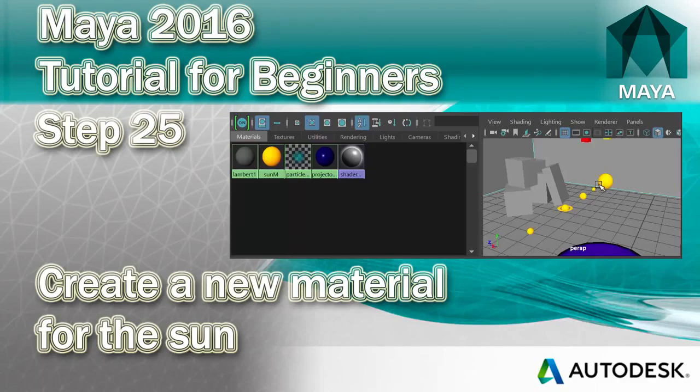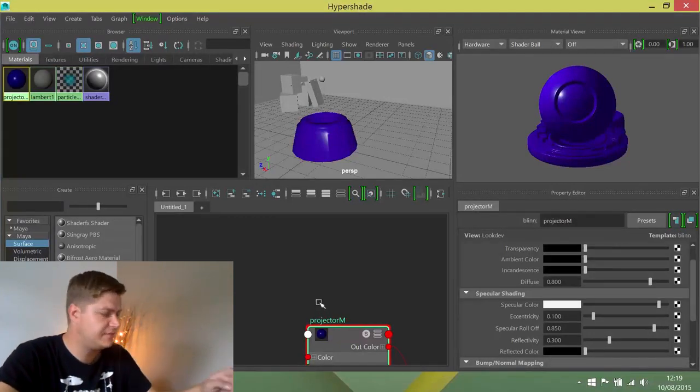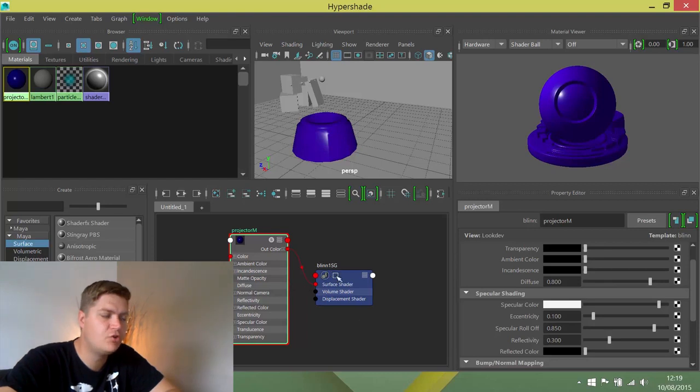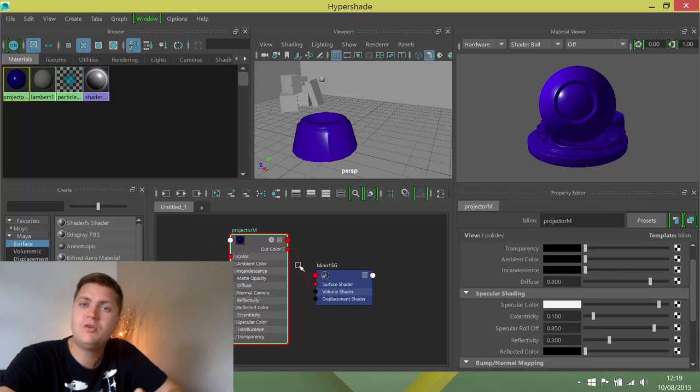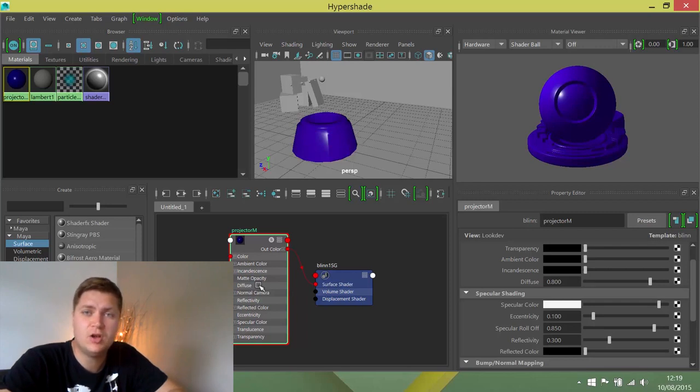What we're going to do next is create a material for the sun. So the first thing we're going to do, you may have noticed, if I just press A with my mouse in here, you may have noticed that something was created in here when we created the projector material. And this actually represents how that material is being made. When we create the sun material, it will also put something in here, and it'll just put it on top of the projector stuff. So